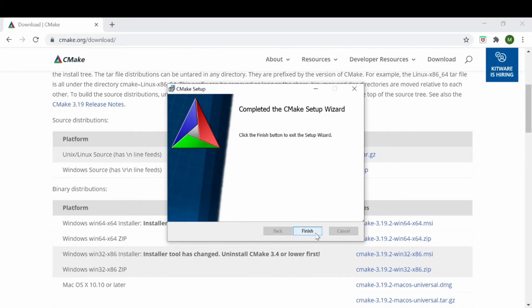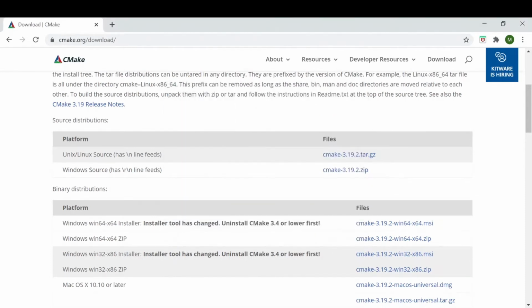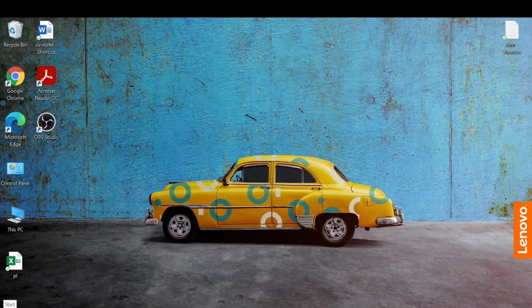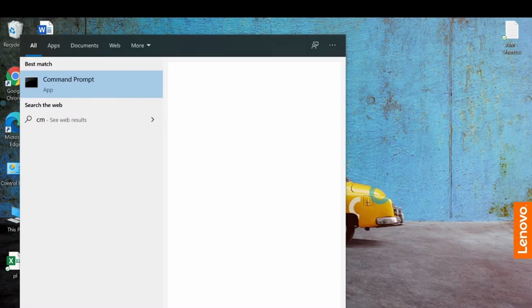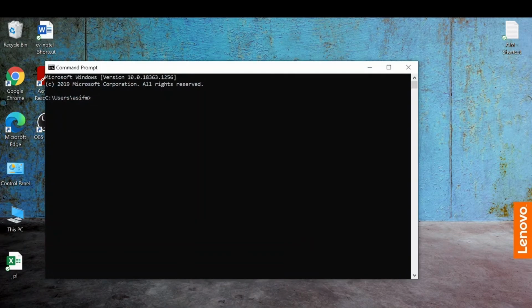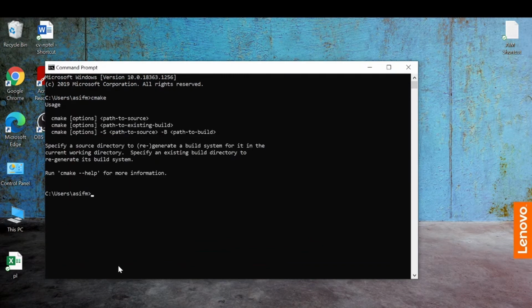Then we'll click on finish. Then we'll open the command prompt and type CMake. So we have successfully installed CMake.